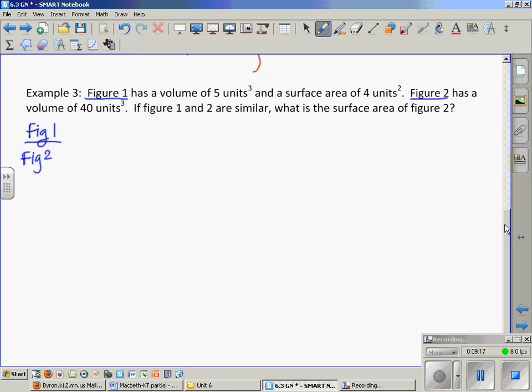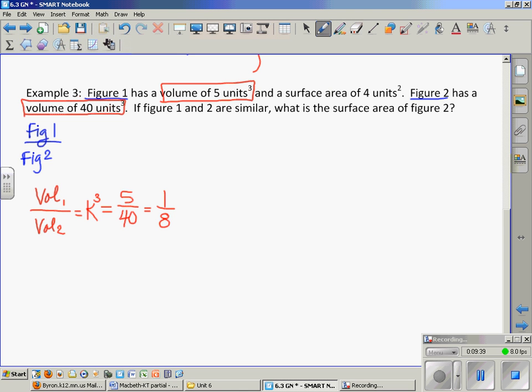Now, I need something to set up my initial proportion to work with. I'm given the volumes of both of these figures. So that's where I'm going to start. And when I compare volume of 1 to volume of 2, I'm really doing k cubed, and that is going to be 5 over 40, which reduces to 1/8. Now, I want to compare surface area, and area is k squared. So the only thing I can do,